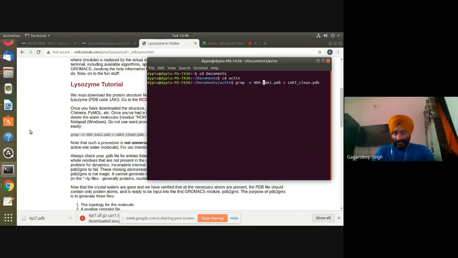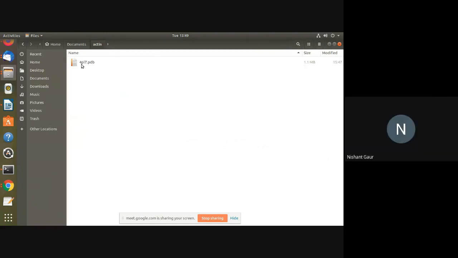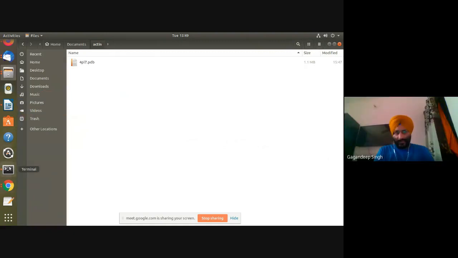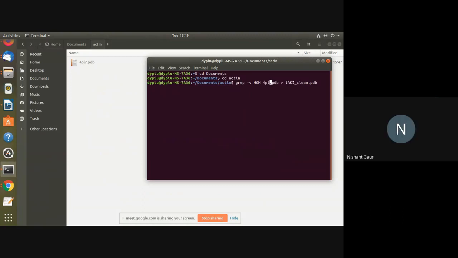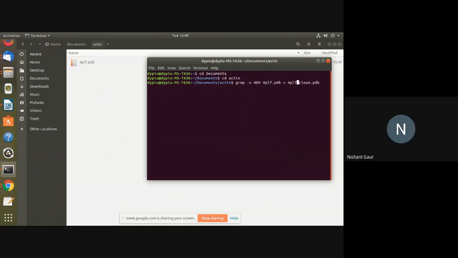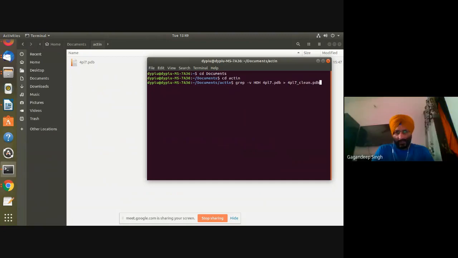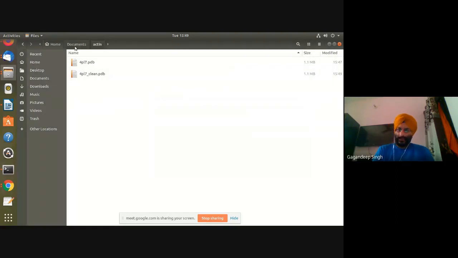The name of your structure is 4PL7.pdb, just write that. And for the clean file, please rename. Now press enter. Okay, now this is our clean file.